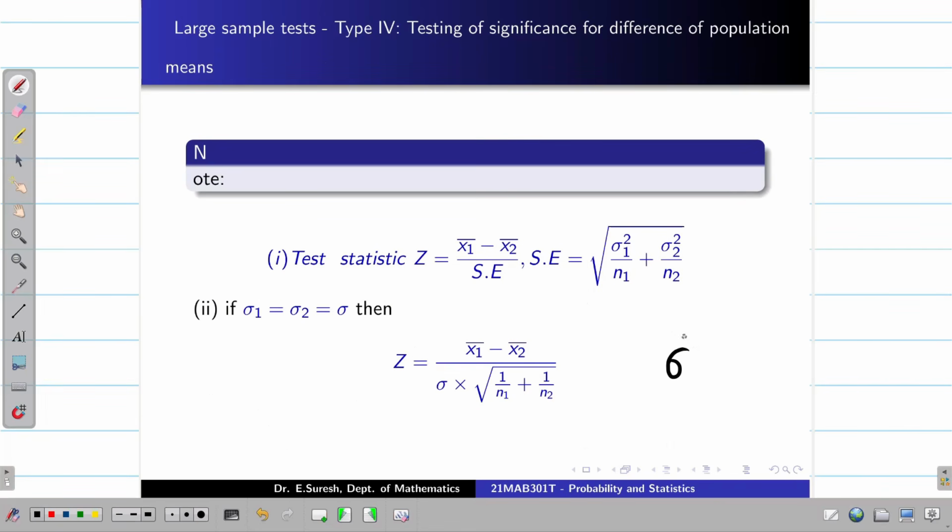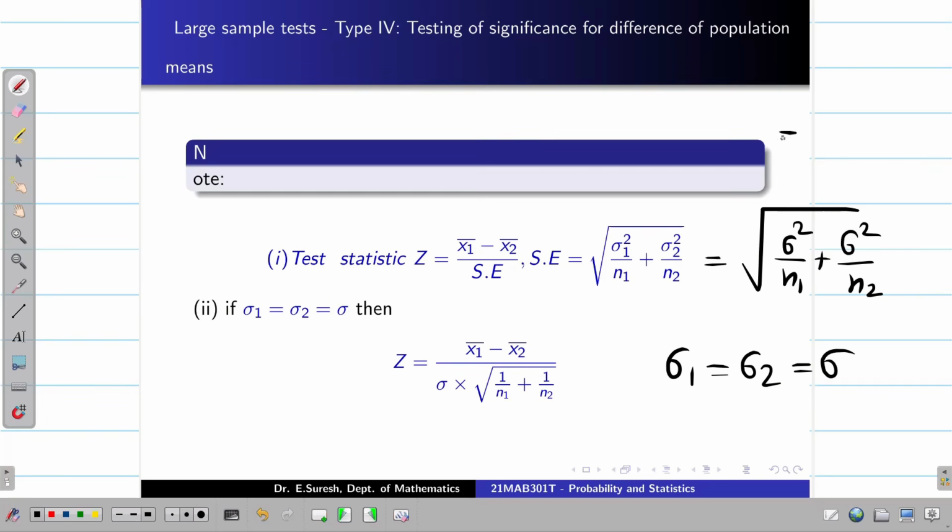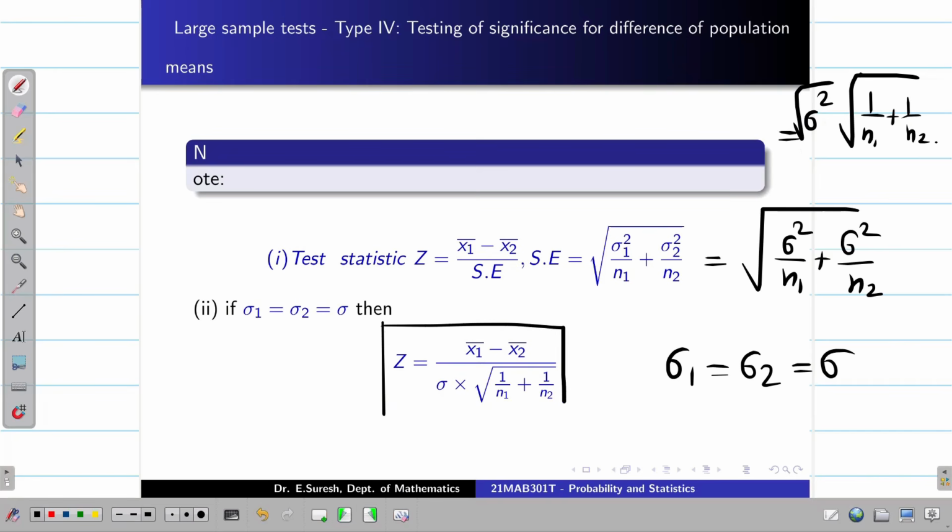We can take this sigma 1 and sigma 2 as sigma, so it will become sigma square by n1 plus sigma square by n2. When you take this sigma square in common, we get the square root of 1 by n1 plus 1 by n2, and the square root of sigma square is simply sigma. So we can write this as x1 bar minus x2 bar divided by